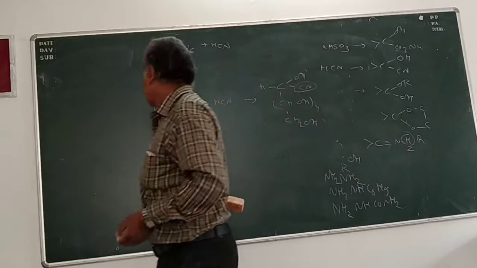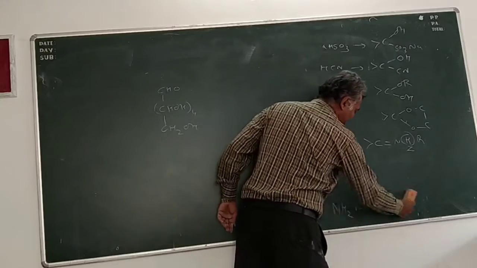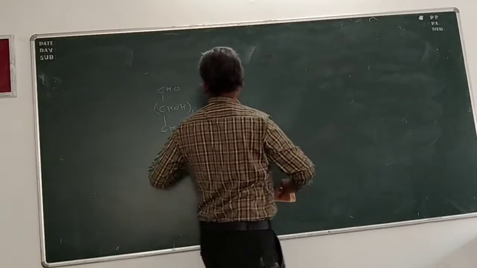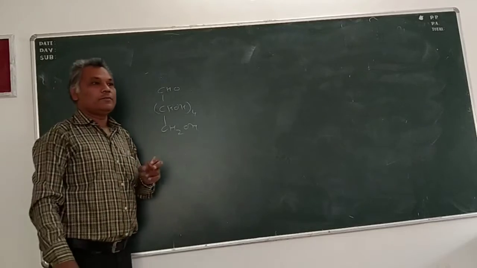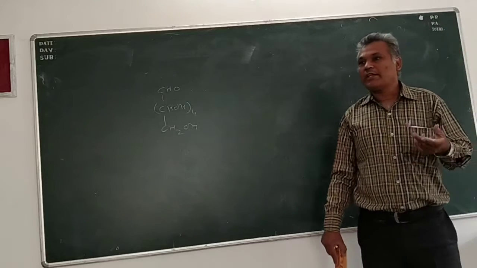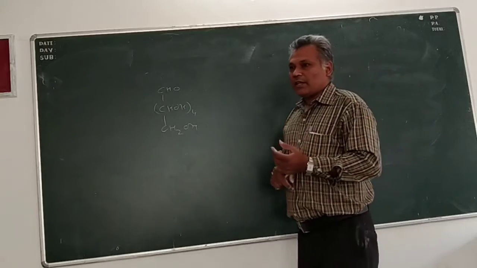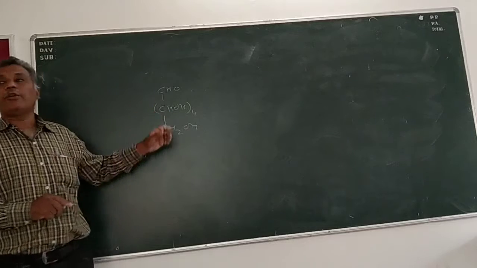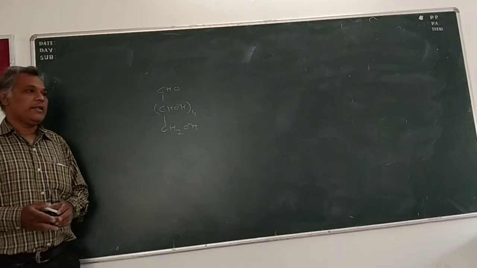Clear? Okay. Similarly, now I want to go for the third point. That is, we now want to specify that it contains that carbonyl group in the form of aldehyde. We want to prove that this carbonyl group is present in the form of aldehyde, not as a ketone, not as a carboxylic acid, not as an amide, not as an ester. What did we say in the previous point? All groups may contain carbonyl, so now we have to prove that this carbonyl group is in the form of aldehyde. What do we have to prove? As an aldehyde, right?